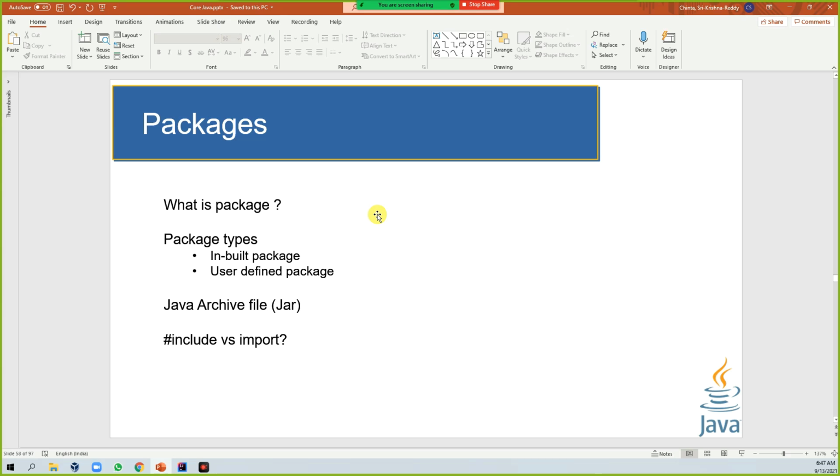Those classes, the packages, come with the software, so we call them built-in packages. Built-in packages come from the particular software we are using. User-defined packages are the ones whose names you use during your own development.